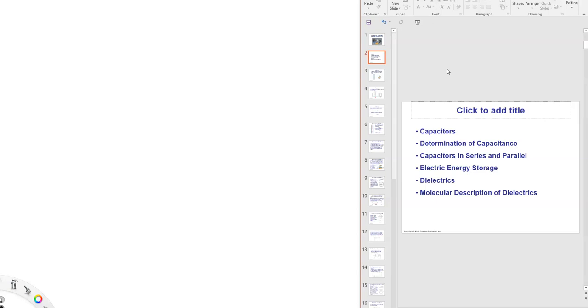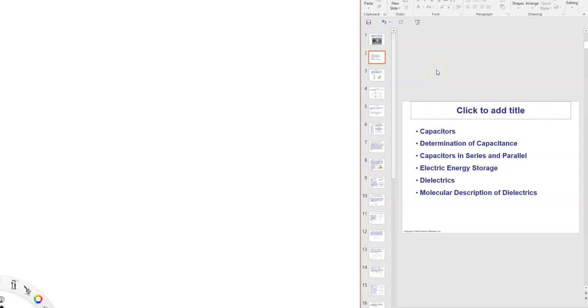Capacitors, how to find the capacitance, how to use them in electric circuits, series and parallel, energy calculations, and this particular material inside the capacitor. It's called the dielectric material. How this thing works, what are the properties, and probably a little bit of chemical information about capacitors, like what is the structure inside and what kind of compounds are being used and all that. Okay. So what is a capacitor? Let's see what the next slide is.